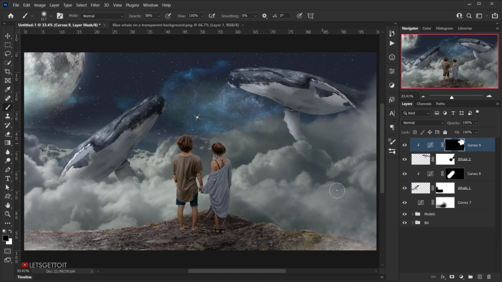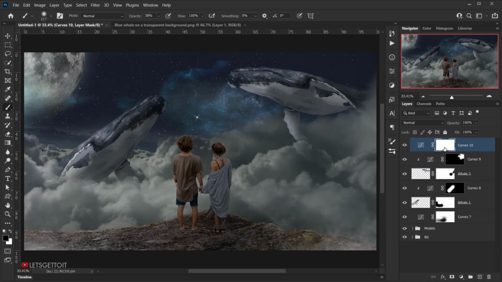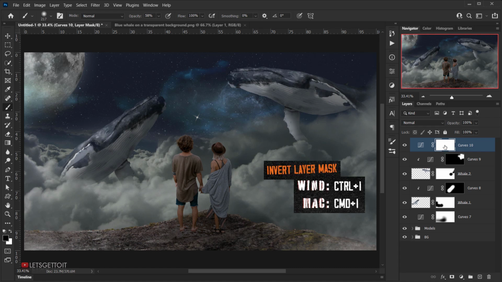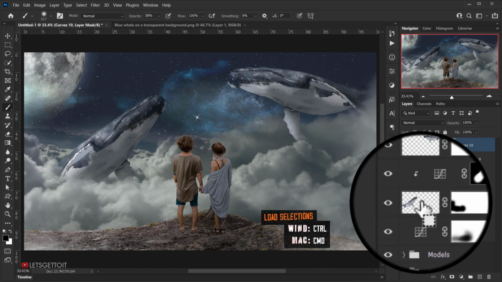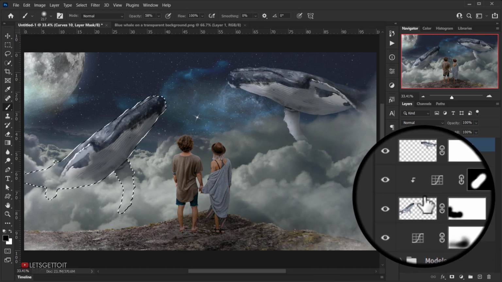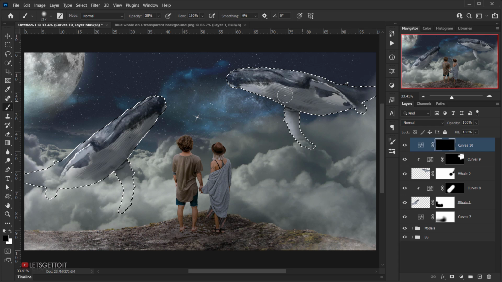Alright, now I will go to adjustments again, and again I will choose another curve, and again I will darken the whole thing, something like that. And I will invert the layer mask by pressing Ctrl or Command I, and this time I will load the selection of the two whales by pressing Ctrl or Command and clicking, and then I will press Ctrl Shift or Command Shift, and this will add to the selection, and click, and now we have both whales selected. Now I'm going to press Ctrl or Command H to hide the selection, and I will apply this dark curve in here